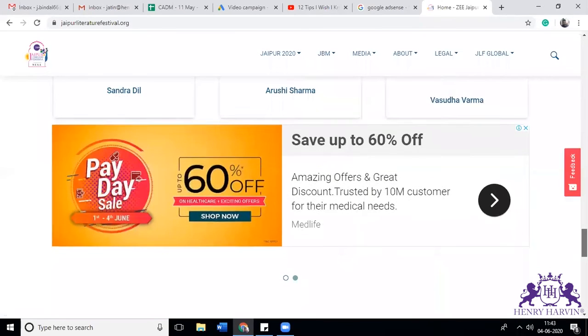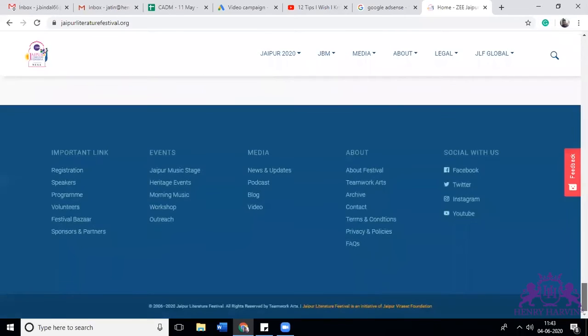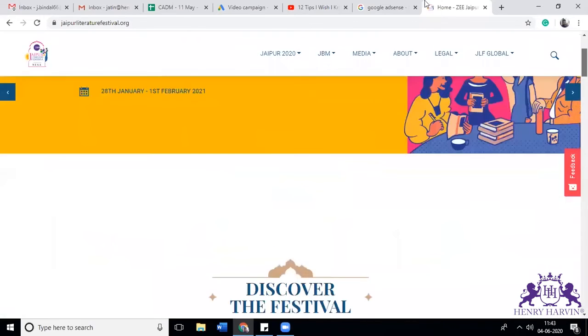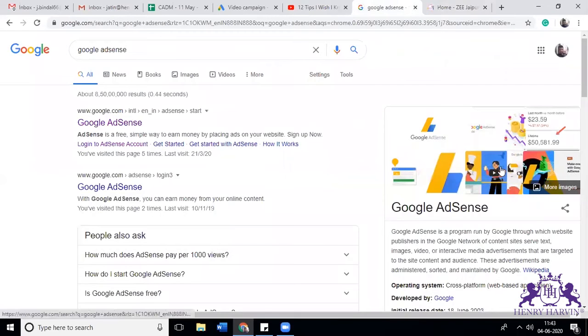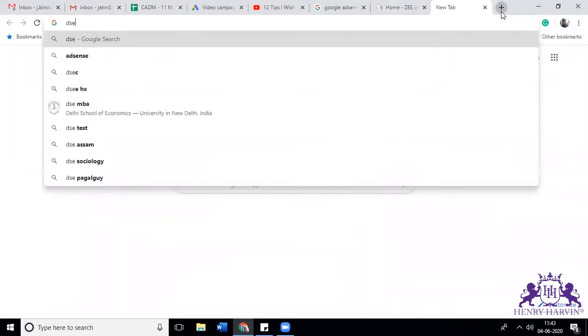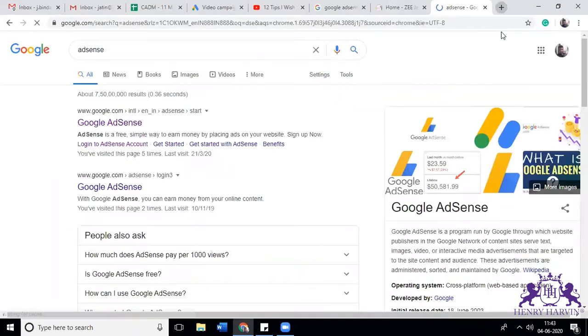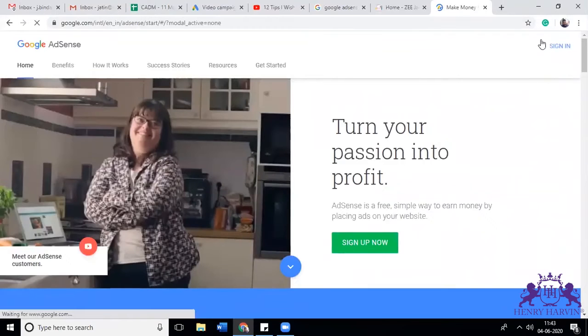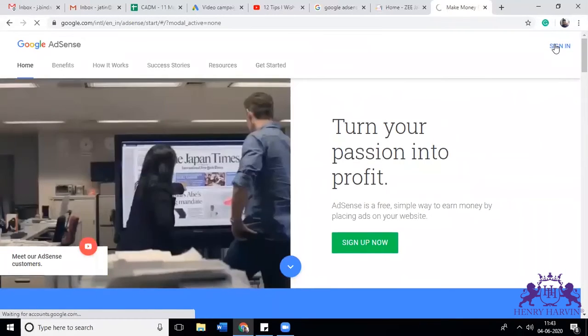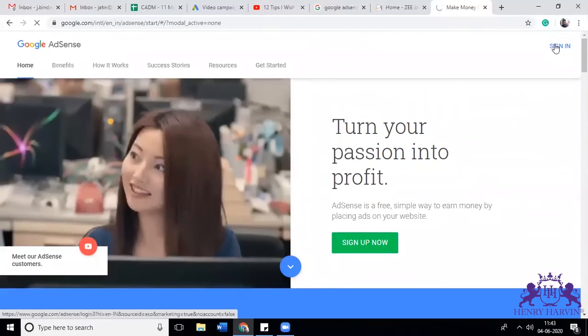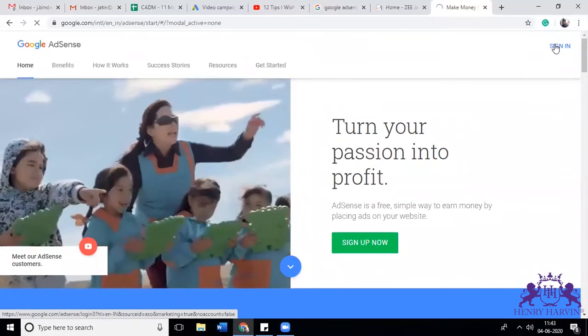You can see I have put 3-4 ads in a page. This is through Google AdSense. So if I show you the Google AdSense account, I don't know how much I was earning from this account.